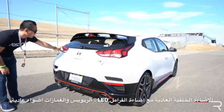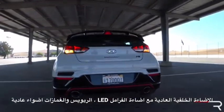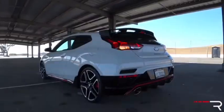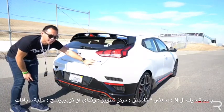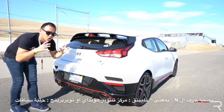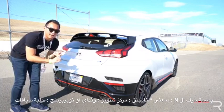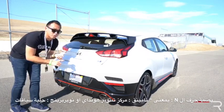And the taillights are also a partial LED where you'll have LED brake lights and taillights, but it looks like an incandescent turn signal and an incandescent reverse light as well. There's also a nice little N badge here that does kind of remind us of a look that Hyundai took a picture of where it's the Nürburgring. That's what N stands for. It either stands for Namyang, where their development center is in Korea, or the Nürburgring, which is where they also